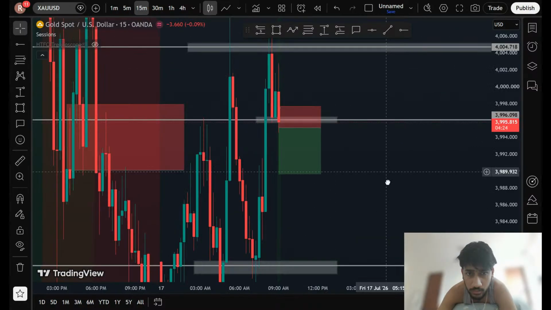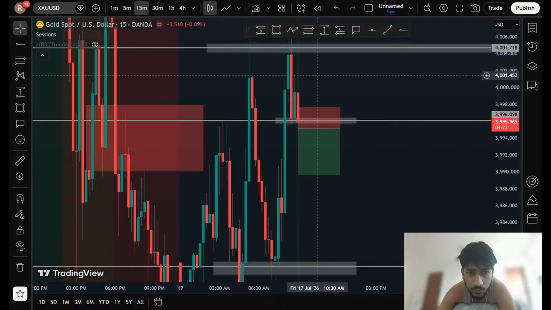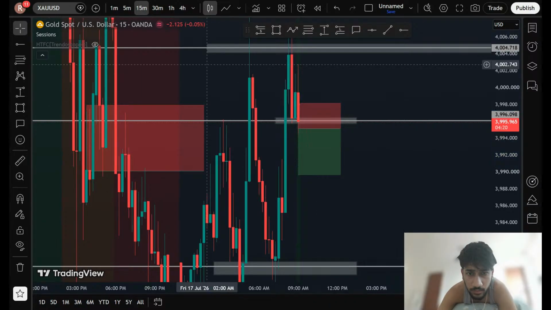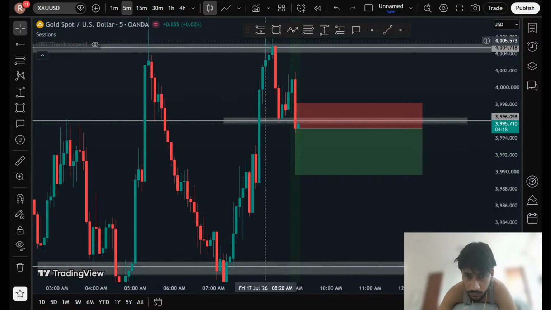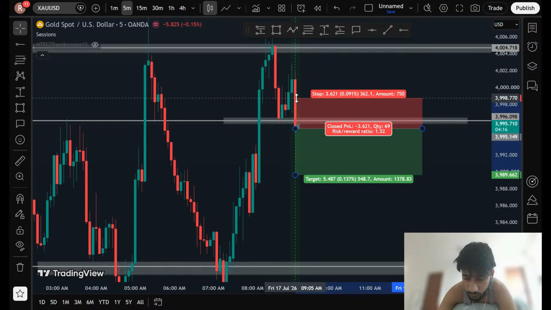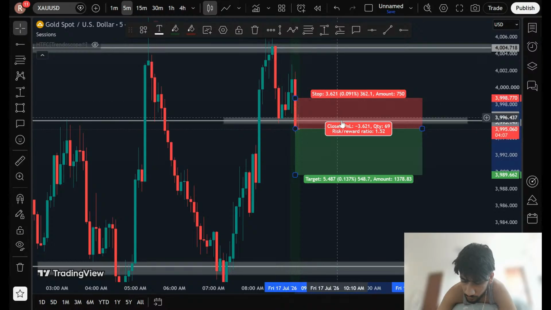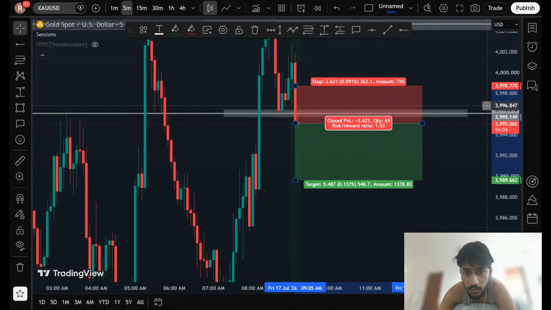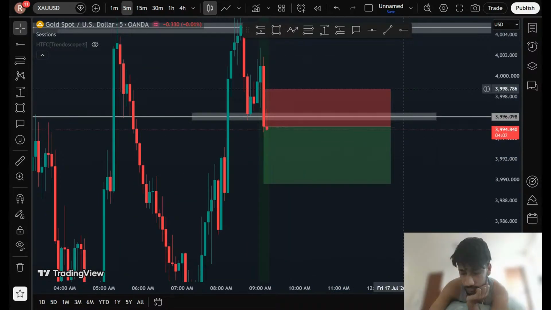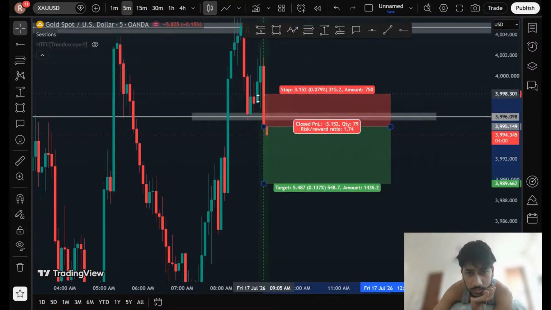Stop loss is within the range. The way I'm going to manage the risk on this is